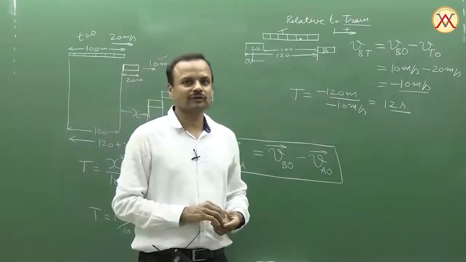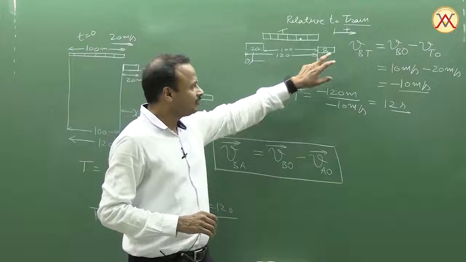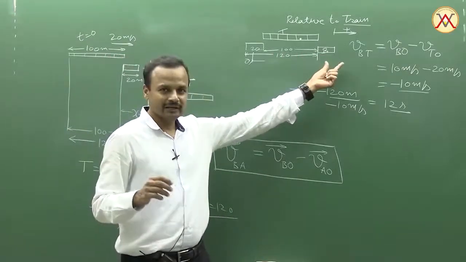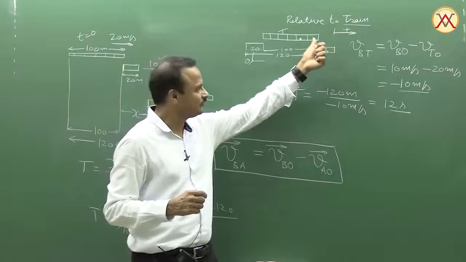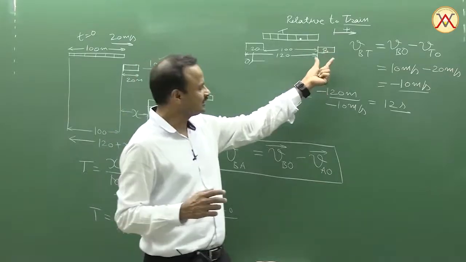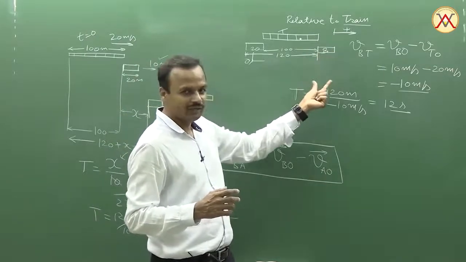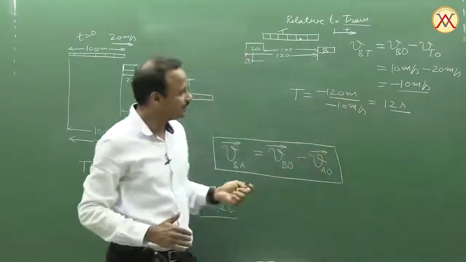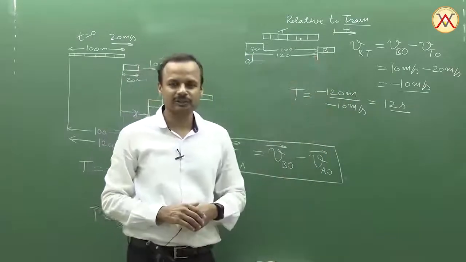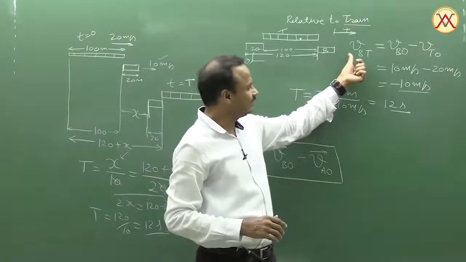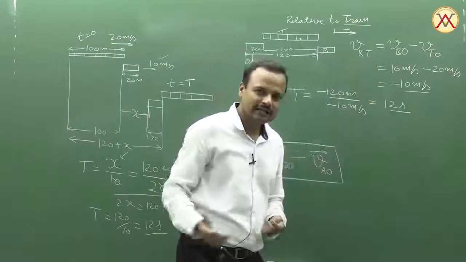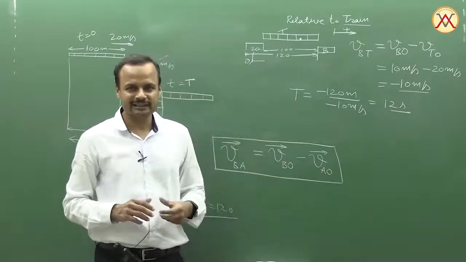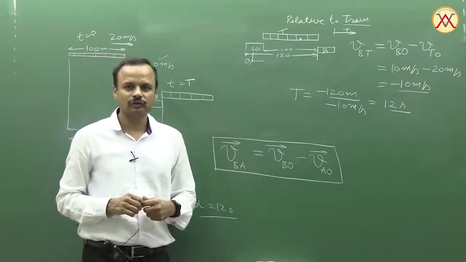You can try to solve this problem on your own relative to the bus frame of reference. Draw a similar diagram and imagine yourself as a passenger of bus. In that frame of reference, you will see that the bus is not moving and the train moves slowly past the bus. And do a similar type of calculation. In that case, you will find velocity of train relative to bus and proceed. Try to do it on your own. It will be a very nice exercise. It will give you some experience of relative motion.